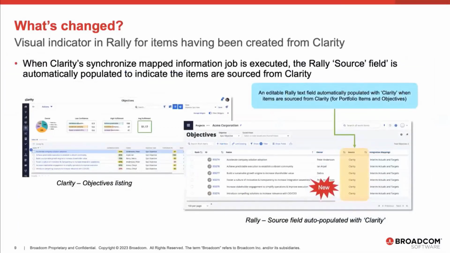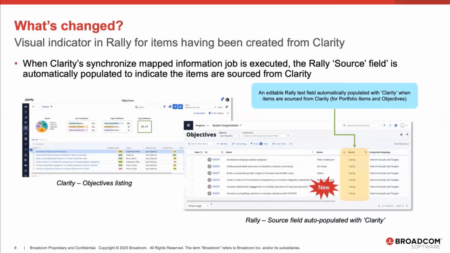As mentioned in the previous release, the source field was only available in Clarity. So Clarity users had that visual indicator for portfolio items or OKRs having originated from Rally. With this release, using the new source field in Rally, Rally users now have visibility that portfolio items or objectives are originating from Clarity. The source field is created in Rally after running the first import